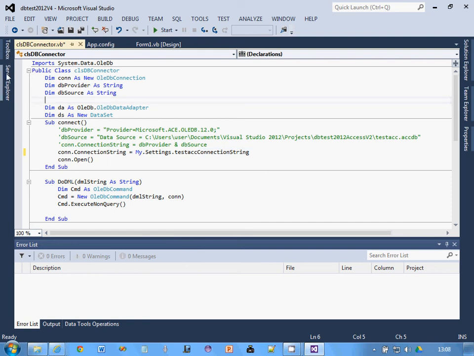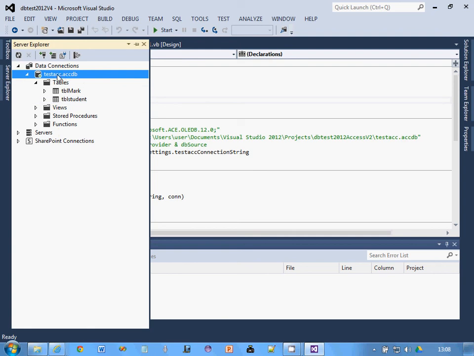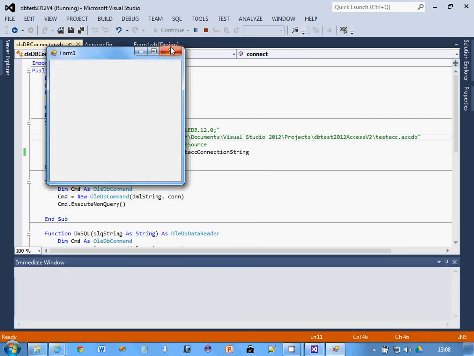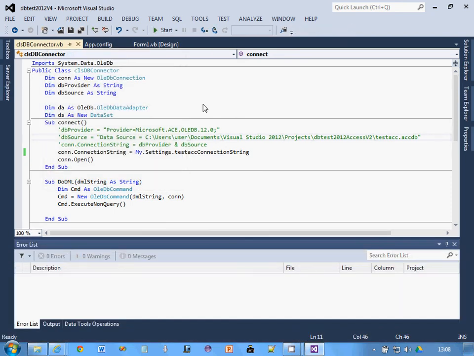So all you do is delete it and then start typing there and just write the name of the database, and it will come up with the word connection string. Right, so quickly just save all, then run it, and no errors. Right, so that's basically the first part. We've now got the database in the project, and then we can start doing stuff to it, and that is